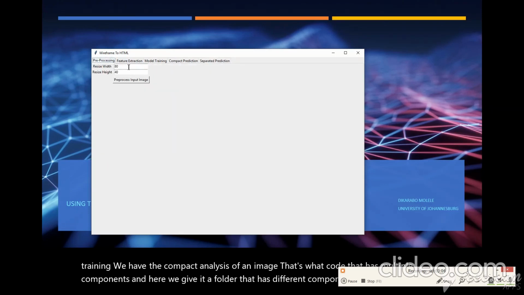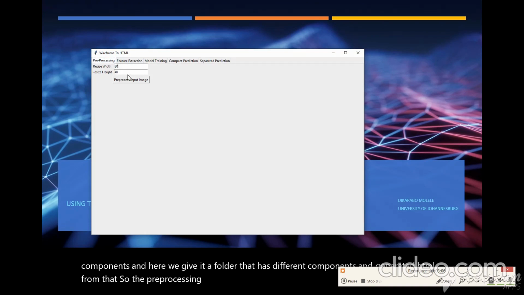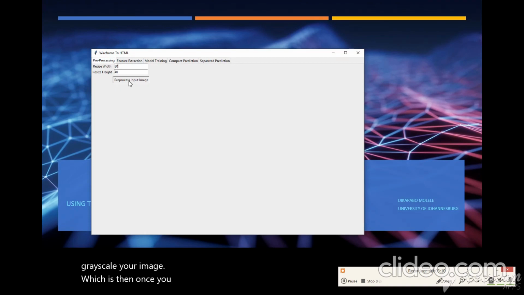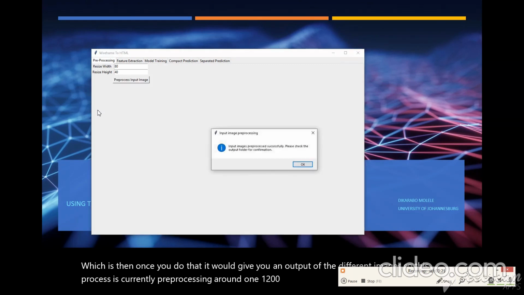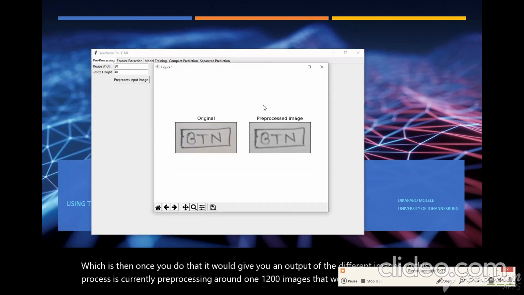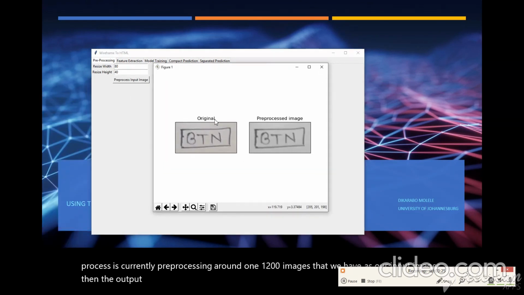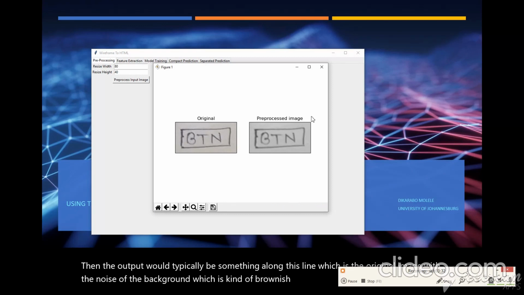So the pre-processing step, basically what you can do is resize your images, grayscale your images. Once you do that, it will give you an output of the different images. This process is currently pre-processing around 1,200 images that we have as our input images. The output would typically be something along this line, which is the original image with the noise of the background, which is kind of brownish, taken out to produce this pre-processed image